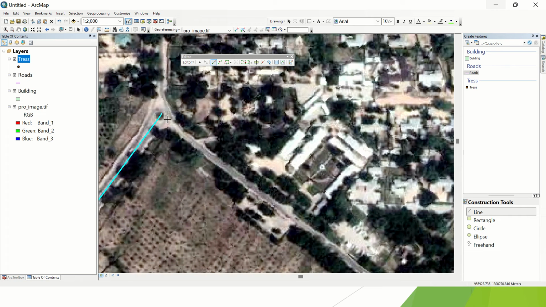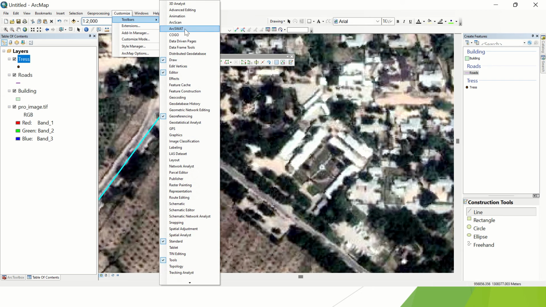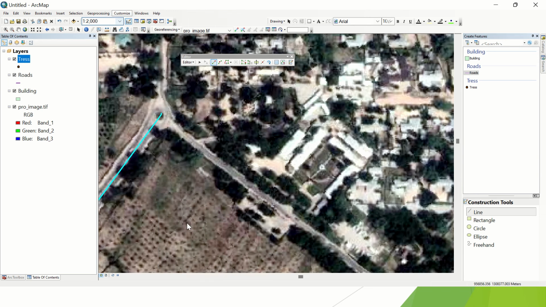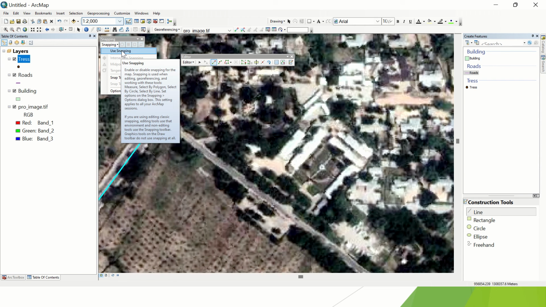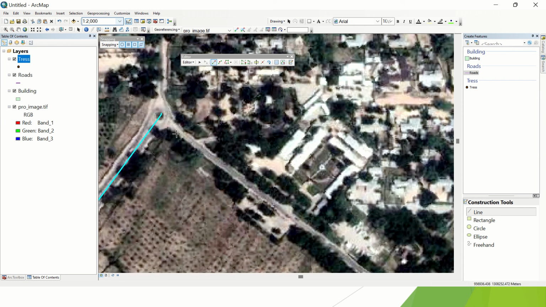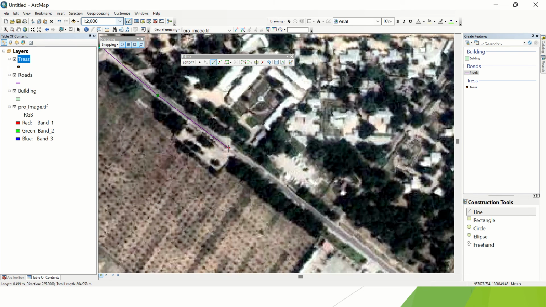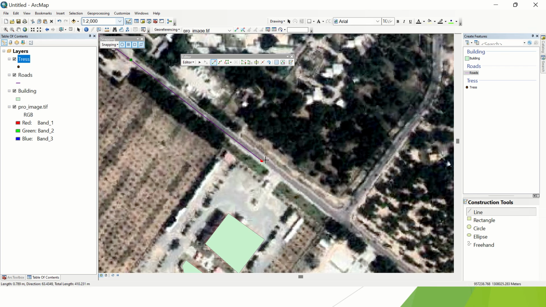We ought to have activated our snapping tool so that we can continue from the previous digitized file. So for you to bring in your snapping tool, you go to your customize toolbar, you go to toolbars, you search for snapping, then from there you pick the snapping tool and make sure you click on use snapping, so that as soon as you select snapping, it will snap to the previous file, so that there will not be gap in your road, the connectivity of your road. So I'll click on this and then start from the center line of your road, and then click on this, click next, click next, click next,